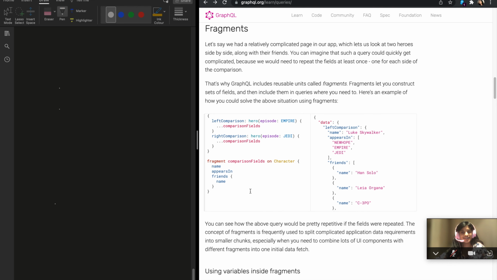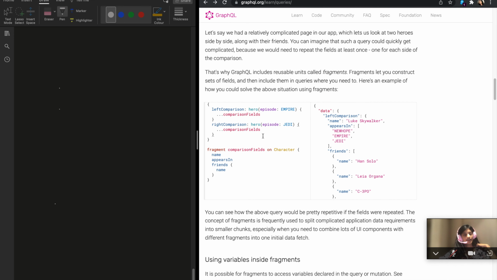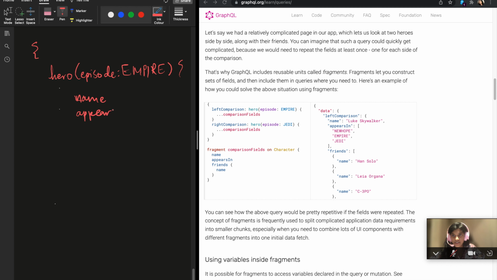Okay, those are aliases, but let's talk a bit about fragments. A fragment is used when you want to reduce the amount of code you're using, in the sense that you want to reuse code. So let's say we want to create a query for a hero. So I'm going to create a query, and I have a hero where the episode is Empire, and I want to retrieve the values for the hero name, the hero appears in field, the hero friends field, and specifically the name of the friends,